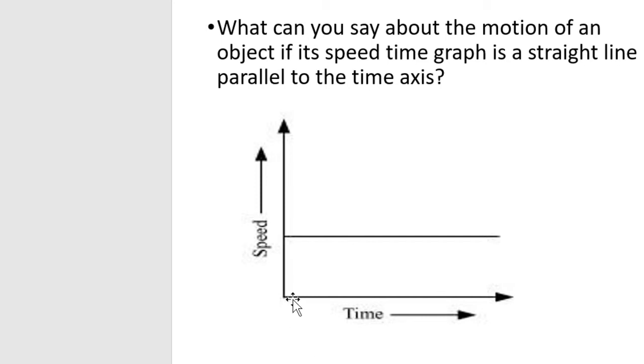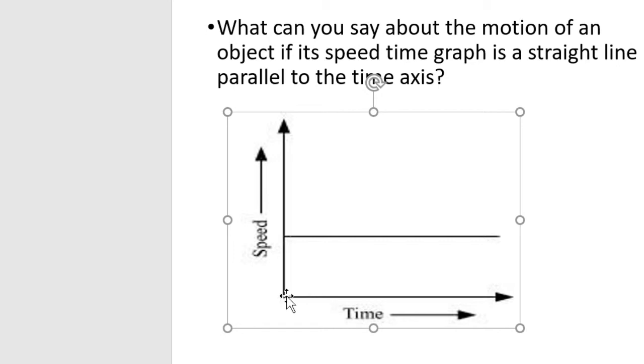So let's say I take a point here on the x-axis, after 1 hour. After 1 hour, let's go up, touch this line, and then come to the y-axis. Suppose this speed is 10 meters per second. So after 1 hour, the body is traveling at 10 meters per second. Let's say after 2 hours, this point where my cursor is. After 2 hours, again I go up like this, touch the same line, then I read the speed here.